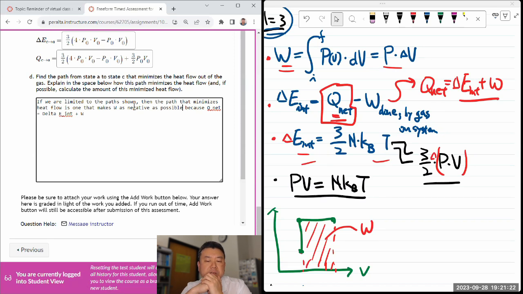Because I had a different process in mind. Heat flow out of the gas. No, I'm confusing myself here, because the one that makes, no, as small as possible, because